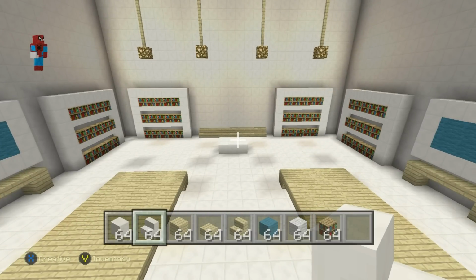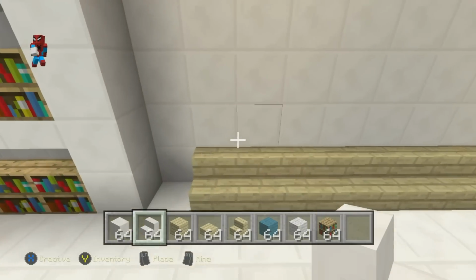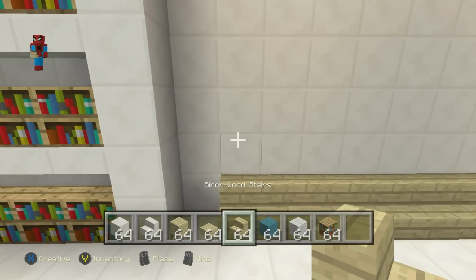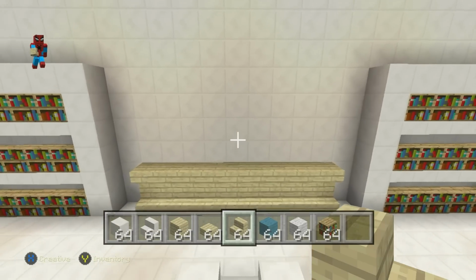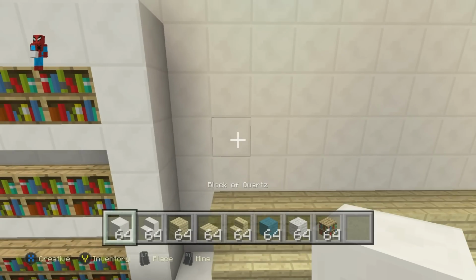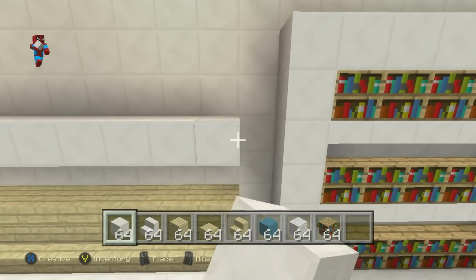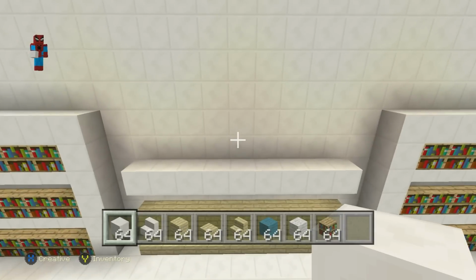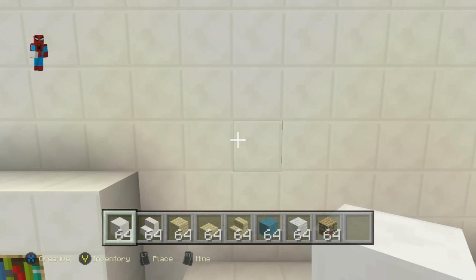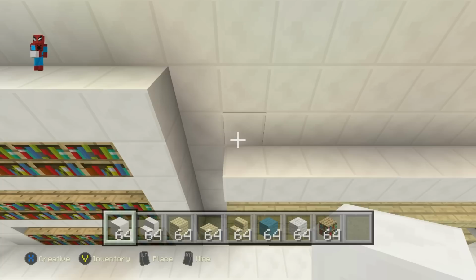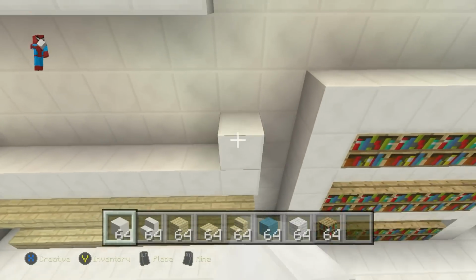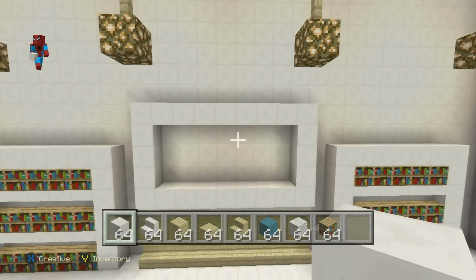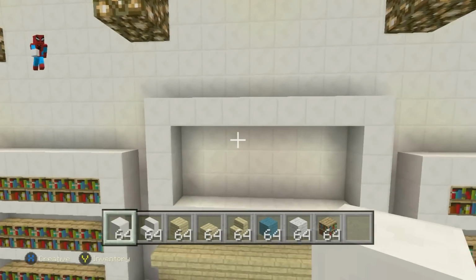Once you've got that taken care of, we can now work on the biggest screen in the house. Above this row of 9 birchwood stairs that we have here, stack an upside down row of birchwood stairs, like that. Then, leaving a row of 1 separation, you want to do a row of block of quartz that spans the birchwood stairs. On the left and right hand side, you want to do a row of 4 quartz on top of the quartz. So that's 1, 2, 3, 4. And on the other side, 1, 2, 3, and 4 like that. So we now have a big screen that's 2 blocks higher than the bookshelf, so that's intentional.